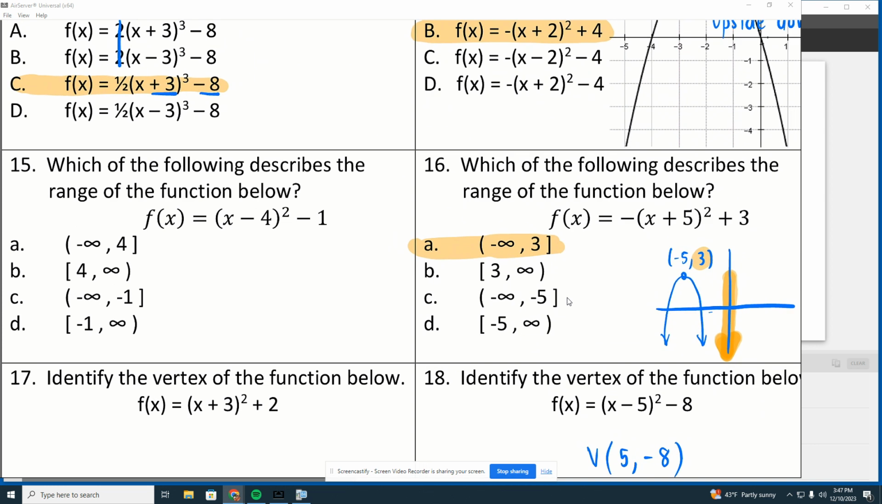So what I like to do is I like to just picture the graph. This one is positive, right? It's positive. So it's going to be opened up. It's a quadratic, so it's going to be a parabola. And my,